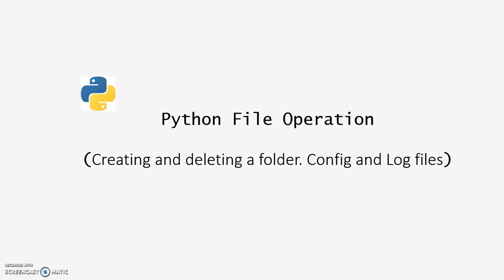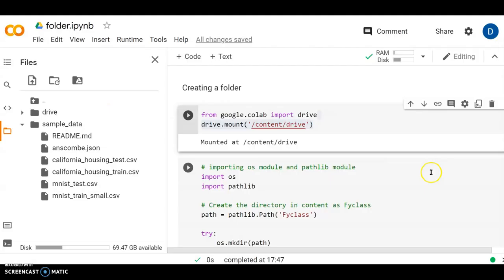Hello everyone. Let's start with the next session of operations in Python, with creating and deleting a folder and the whereabouts, and how to handle the config and the log files. As we had discussed in the last session of creating a file and deleting a file, we'll also look into how to create a folder and deletion of a folder